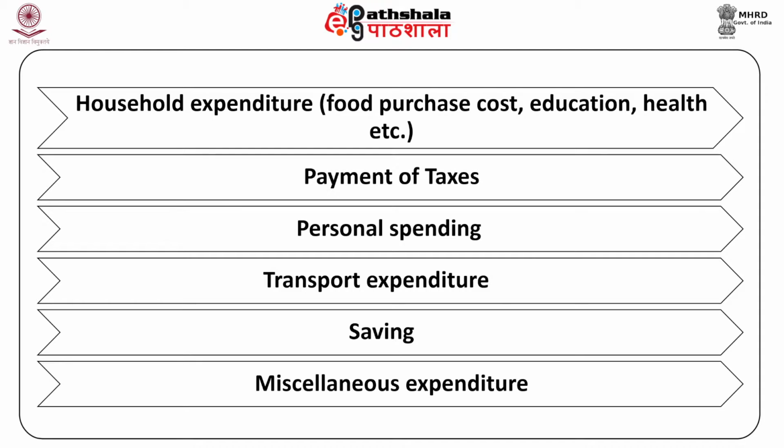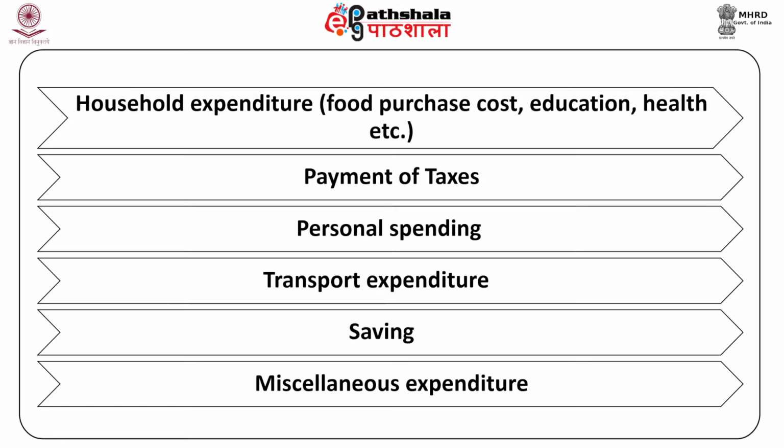Fourth, transport expenditure. In general, when the project is located far from the place of residence of an employee, then a significant amount is spent on transportation expenses in the form of the use of the means of transport, whether personal or private. Fifth, savings. To avail the tax benefits or to avoid the tax, a portion of income is also allocated to savings or different saving schemes. Also, savings are done for the future and contingencies that might occur.